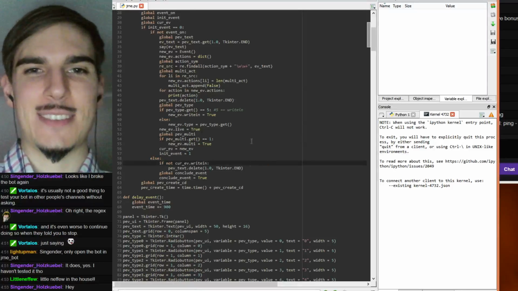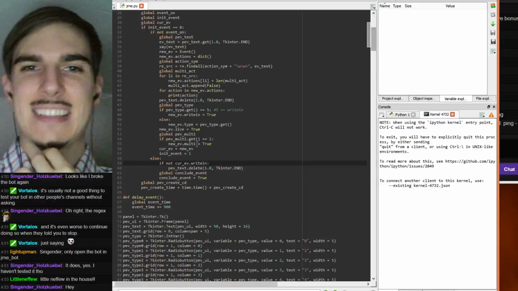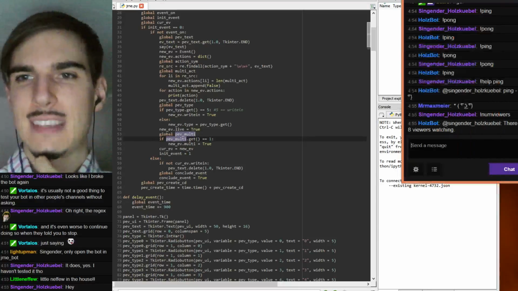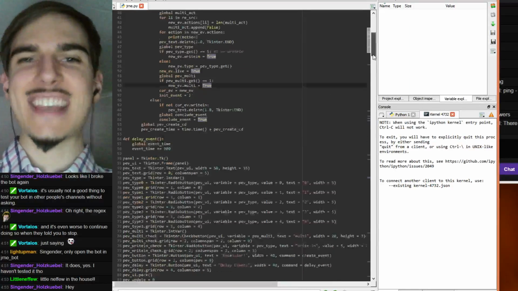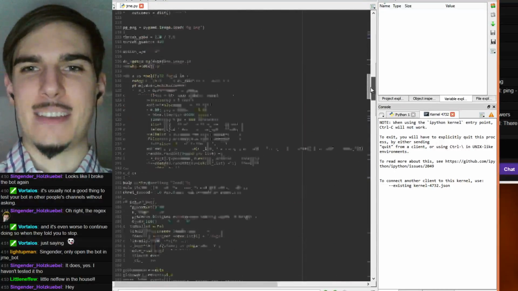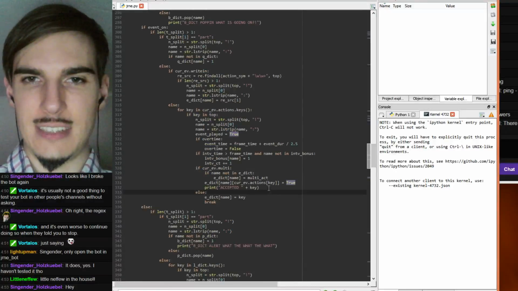Right, it has to be pev multi.get equals 1, because pev multi is a whole different beast. Alright, cool. So that explains that. It was never evaluating to true, and so even though we were clicking the checkbox, it was never actually multi.